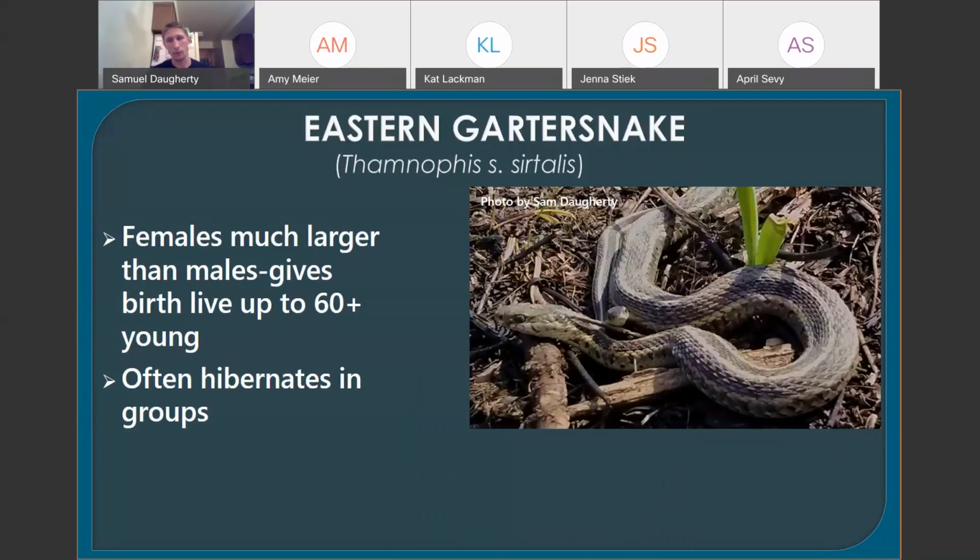So they often hibernate in groups. That in and of itself is not too unusual. There's a lot of snakes. They'll often gather around really good winter dens. So you might have one given winter den that contains not only multiple individuals of a certain species, but multiple